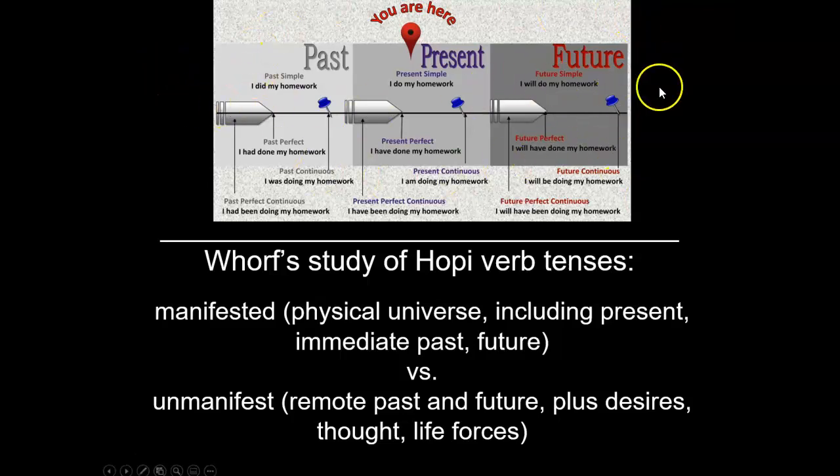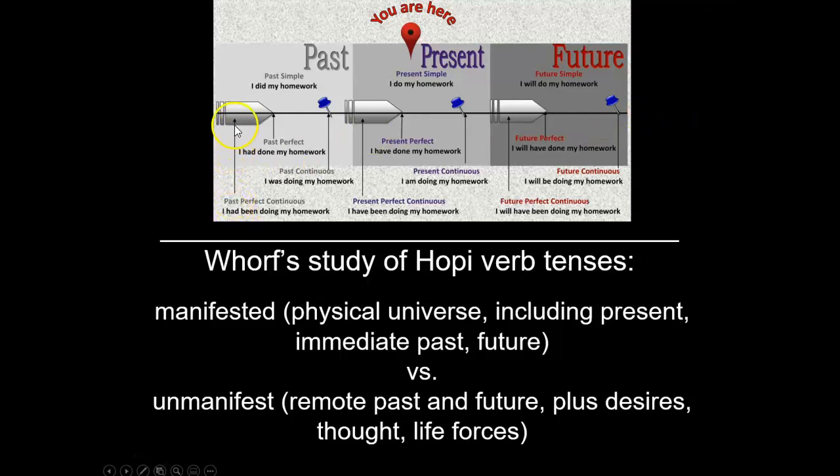That's what's being represented here. And that's how many Westerners imagine time. It's built into the way the verb tenses of a language like English operate. So if you look down here, these are the English language verb tenses that correspond to this passage of time as a straight line from past to present to future, right?